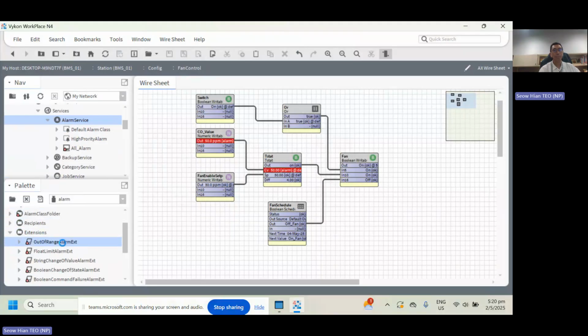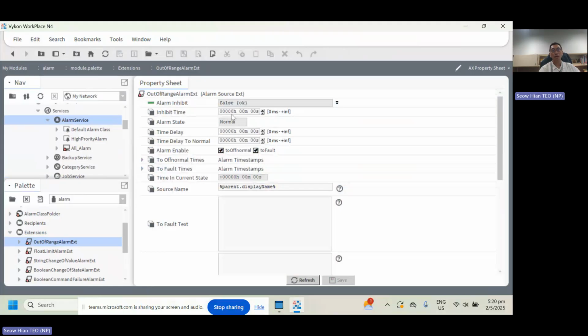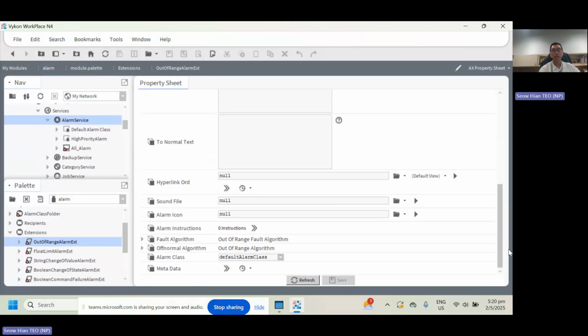Now you want to double click this. Inside the extension folder, we want to see there is an alarm extension. Then what we can do is the AX property, right? So for that, inside the alarm extension, let's try. Under the extension folder, add the, okay, all right, and then inside the alarm extension,